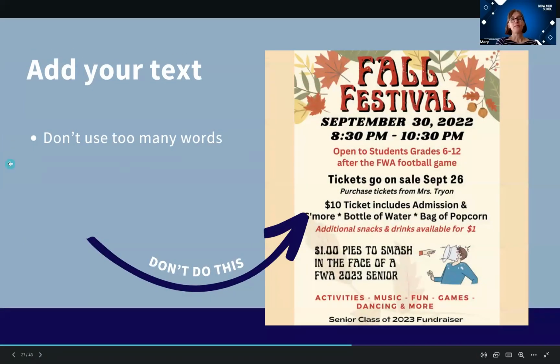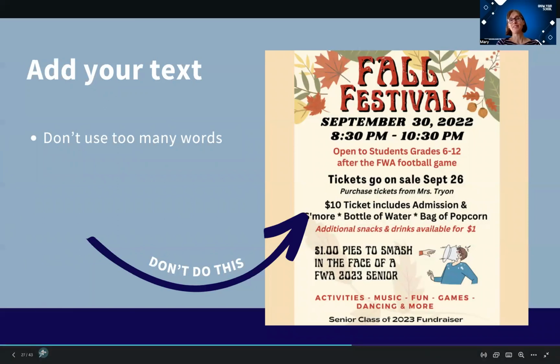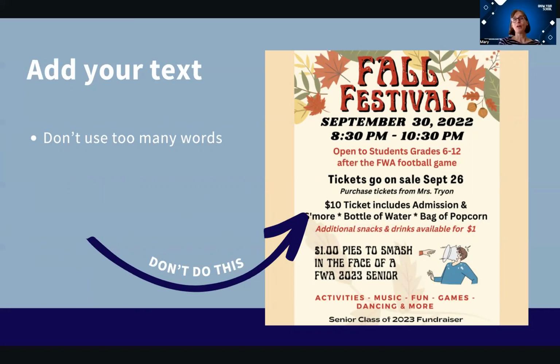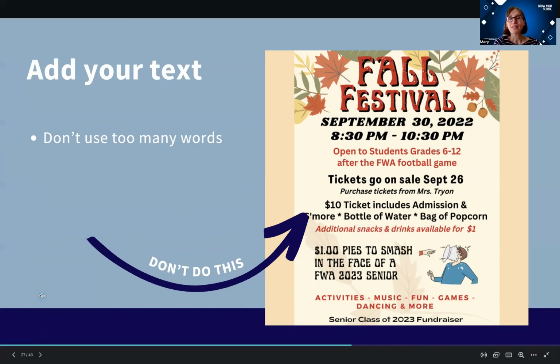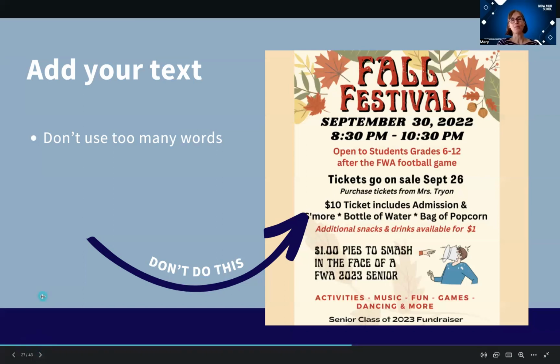And then after you have your visual, you can add your text. Remember, not too many words, because people are just going to scan. So this, I do think they just took a poster that they put on social media, but a lot of that information could have been put underneath in the caption, and they could have just highlighted their fall festival with a day of fun, food, the pie throwing contest, whatever. So just highlight the fun stuff and then put all the wordy stuff underneath so that you're not having too much on the post itself.